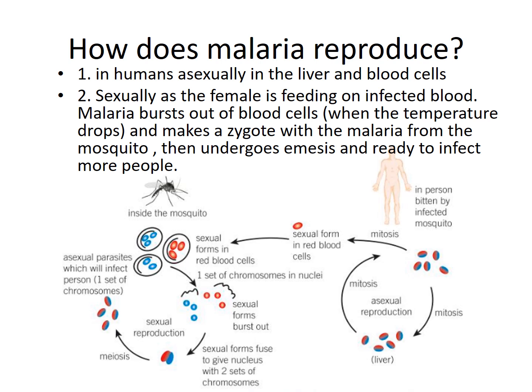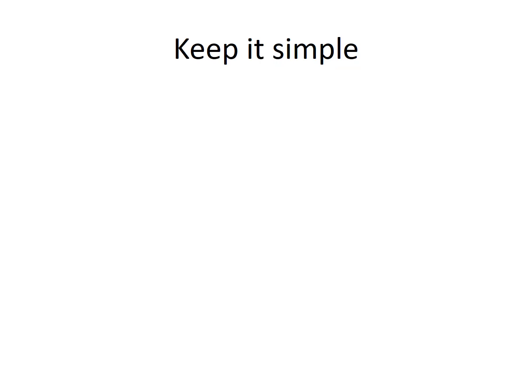Sorry about that. In terms of the three you need to know, fungi, malaria, and plants, keep it simple. So I would just make sure that you know that both of them can do sexually and asexually, and it's usually conditional. So keep it simple. Keep your notes simple. I found the malaria one quite difficult to wrap my head around, so you might want to go on Bitesize and have a look